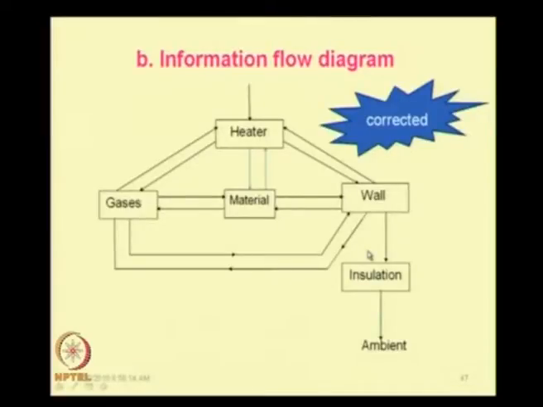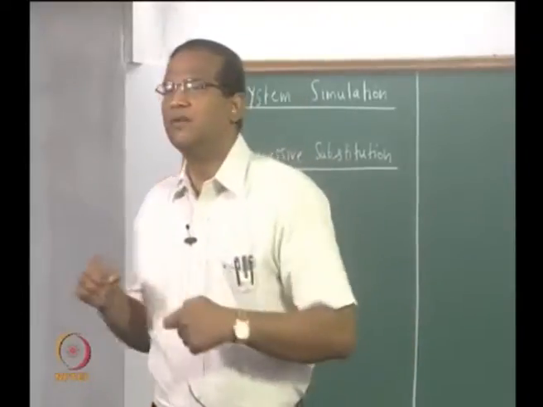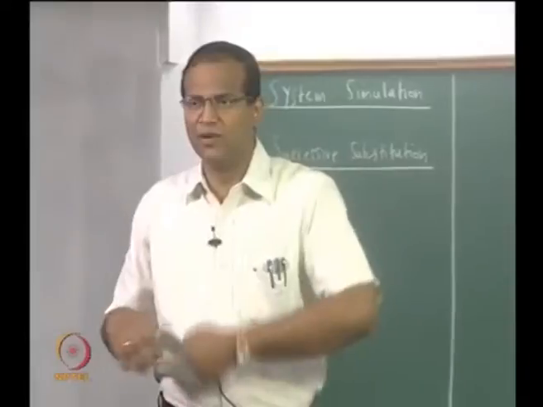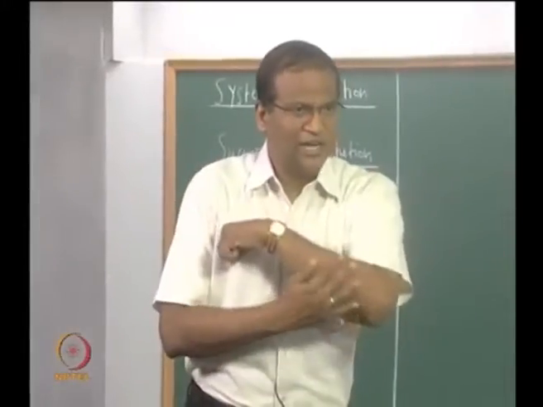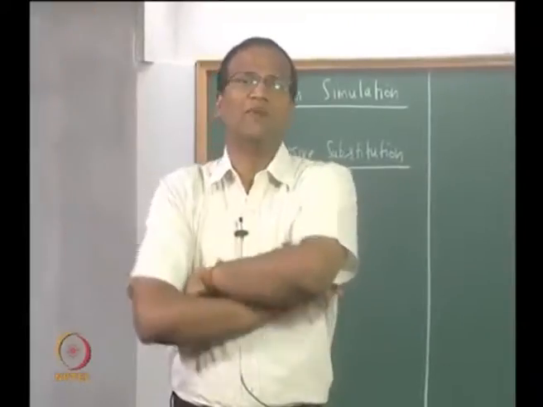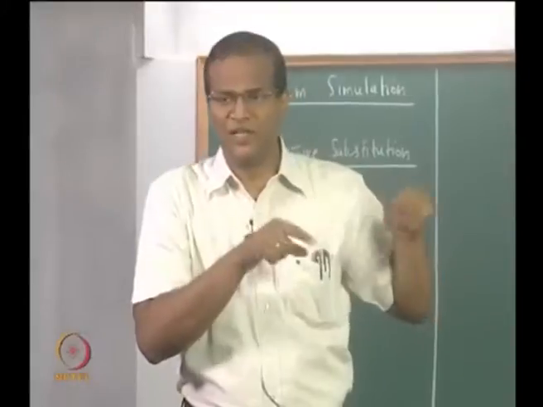So whenever you design an insulation system there are other issues. For example, when you are carrying hot water or steam in a pipe, there are some regulations. When you design the insulation system, the outside temperature should not exceed more than 60 or 65 degrees. That is an industrial standard, because if somebody goes and touches it, then he will get scalded or burnt. So you fix the outside temperature at 65, then you turn around and calculate what will be the insulation thickness,